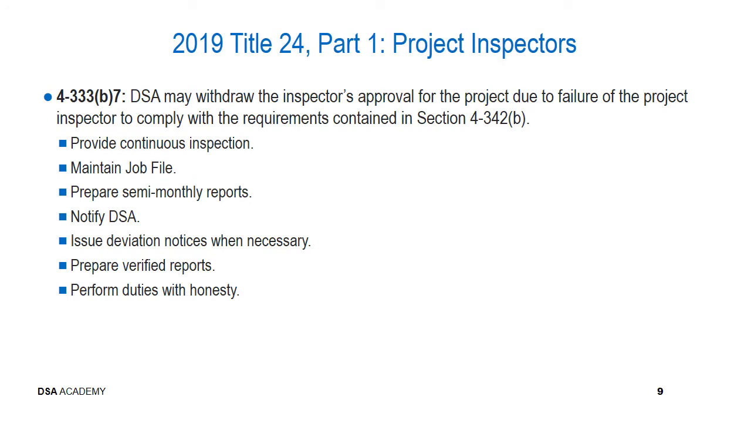4-333B7, DSA may withdraw the inspector's approval on a given project due to the failure of the project to comply with the requirements contained in the Administrative Code in Section 4-342B, which is generally the duties and responsibilities for the project inspector, and those are briefly summarized here, such as provide continuous inspection, maintaining their job file, and there's a lot of elements that must be contained within the job file that are specifically identified in Section 4-342B. The proper preparation of semi-monthly reports, notification to DSA at certain stages or triggering events,